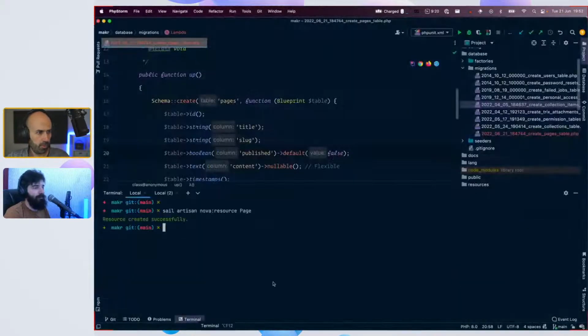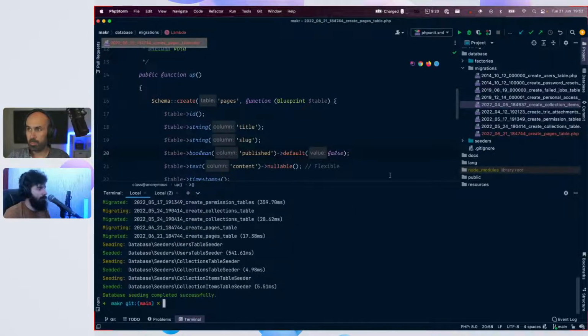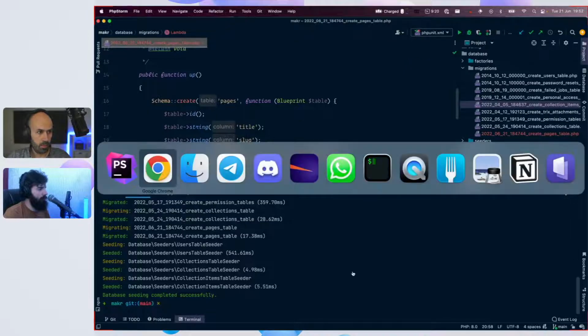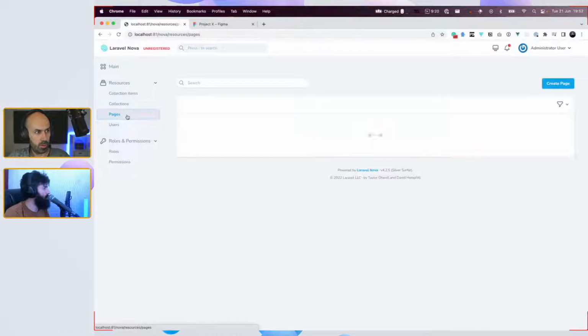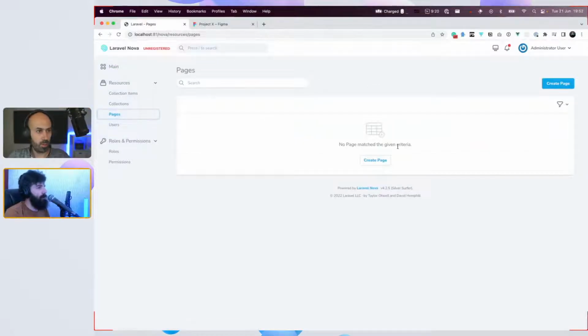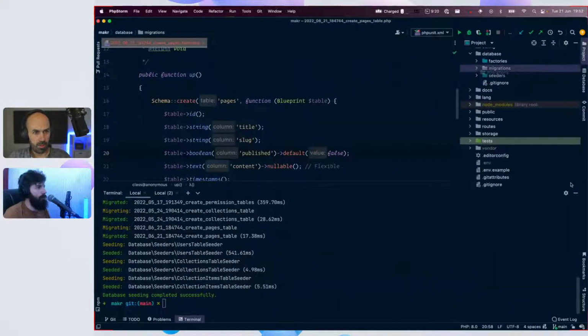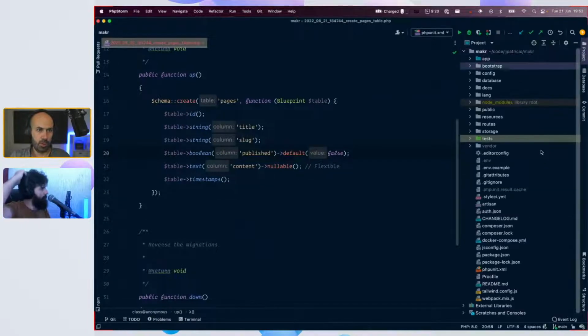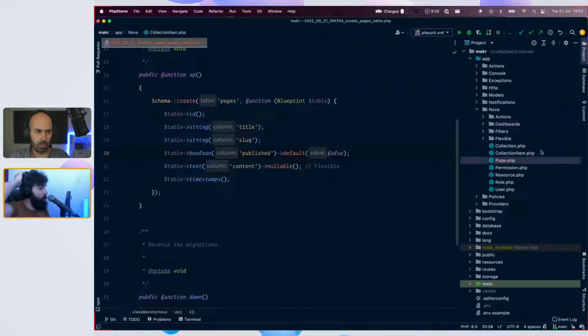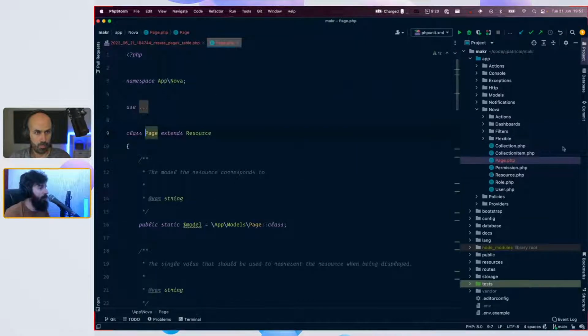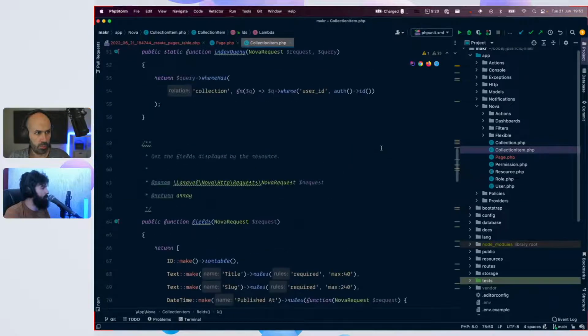What about if we visit? So let me migrate fresh seed. We may need to adapt the resource still. Now we have pages. Yes. So let's check if we need to do something with the resource. I guess we can probably start from copying the collection item.